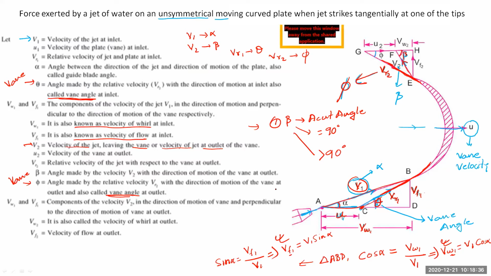I hope it is clear to all of you, related to this velocity diagram, inlet and outlet velocity triangle. If you have any doubt, ask me, I will clarify it. And then we will see a few numericals. I can see many of you have written clear, sir. So if in the examination numericals related to this velocity triangle diagram are asked, I am considering that you will be able to solve them. Now, let's move on to the next slide.